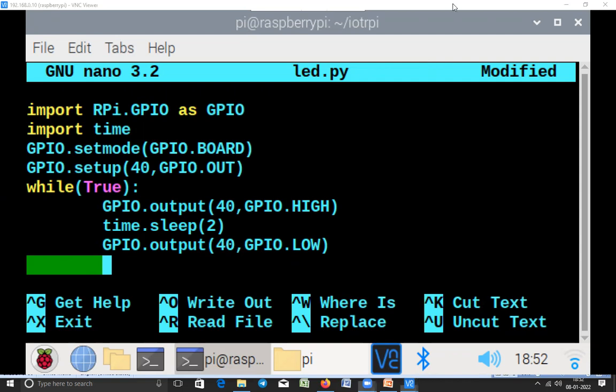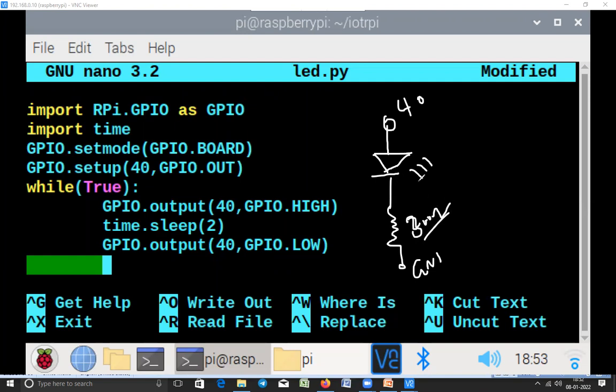So very simple. I'll be showing you here the circuit. This is the LED, all of you. This is connected to pin number 40, and through a resistor we are connecting this to the ground. This is the current limiting resistor. We have added some 300 or 220 ohm resistor here.